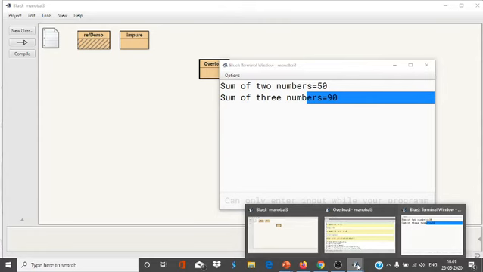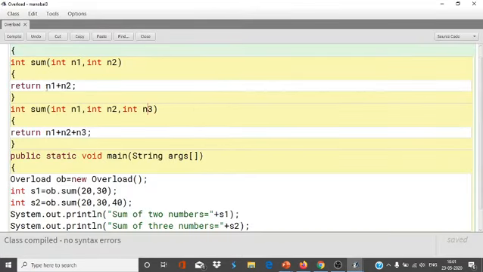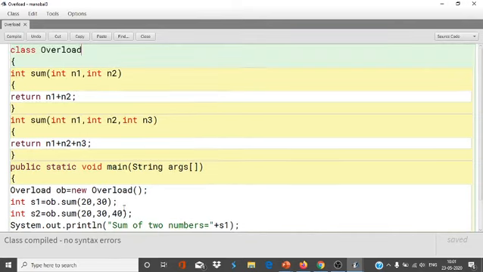So with the help of function overloading, we can declare multiple functions with the same name in a particular class, and call them according to the requirement. In the same way, you can find the area of different shapes.